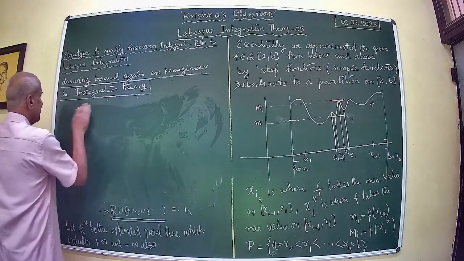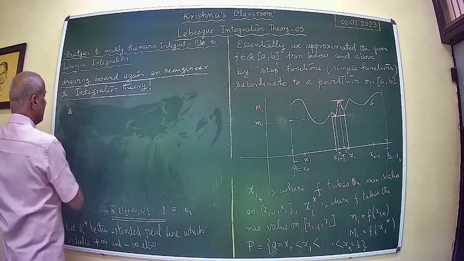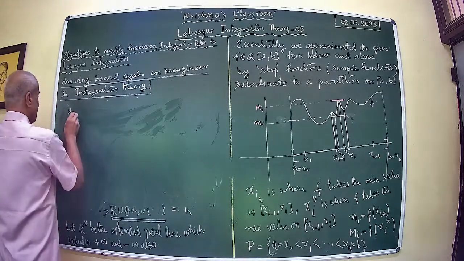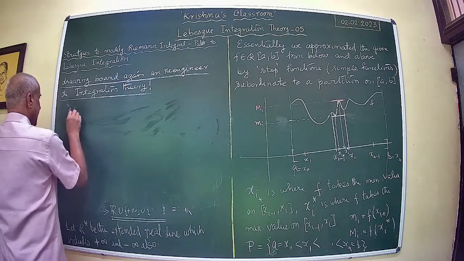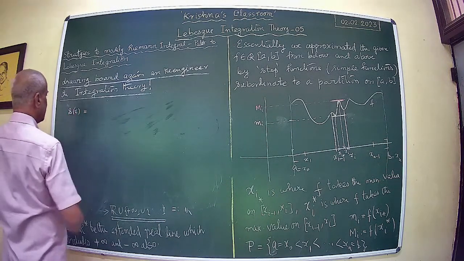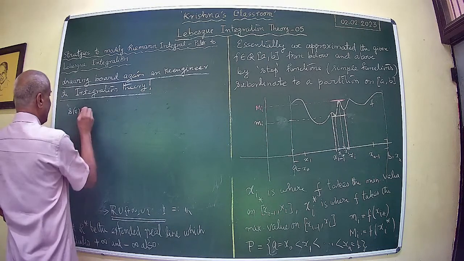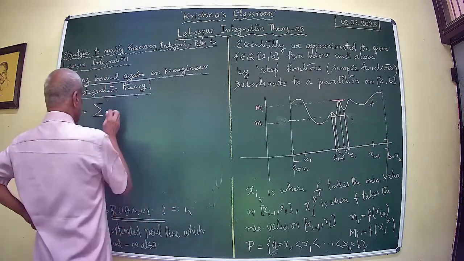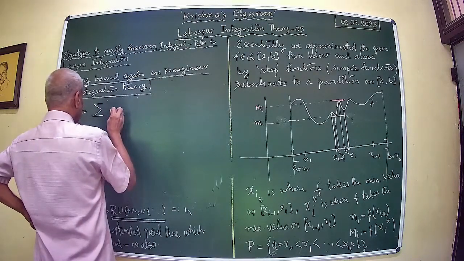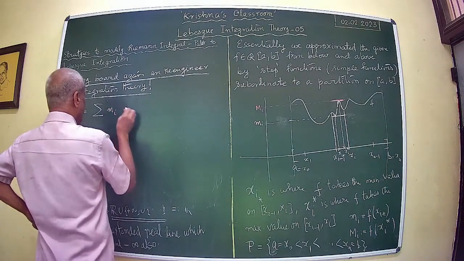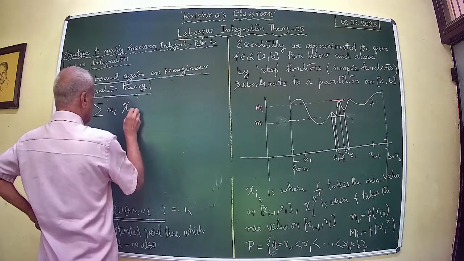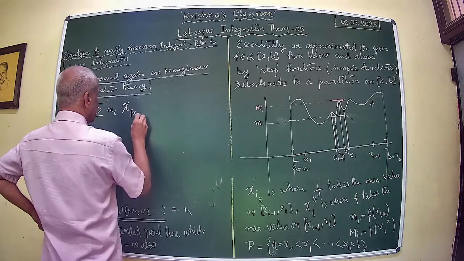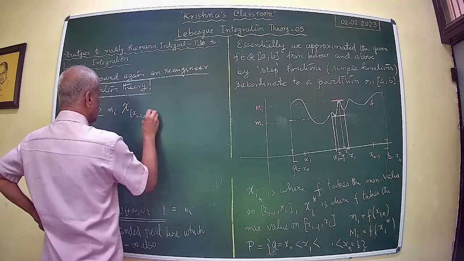So we had two step functions. S, we write here S x defined as sigma mi into characteristic function of x